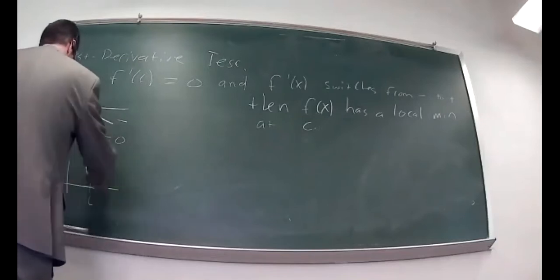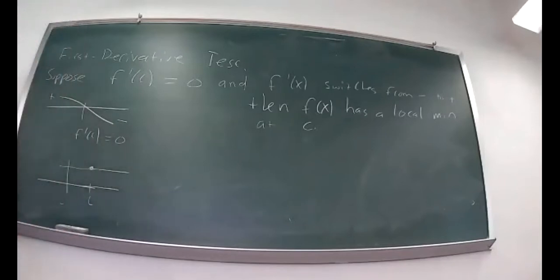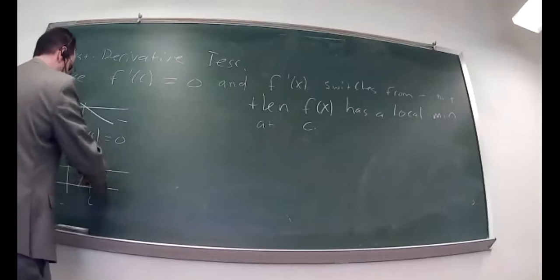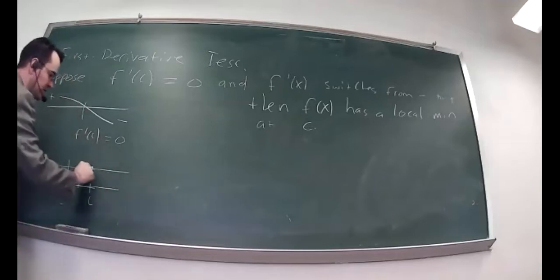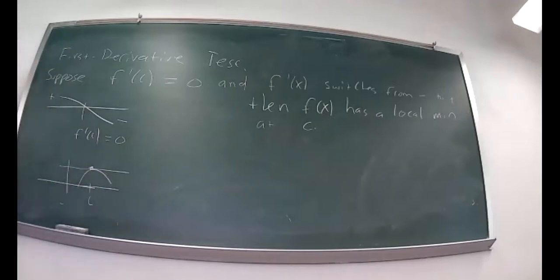Here's your point c, here's your value. You've got a horizontal tangent through that point. Before c, you're positive, so your function is increasing. After c, you're negative, so your function is decreasing. Locally, you have to look like this frowny face, so you must have a local maximum at the point